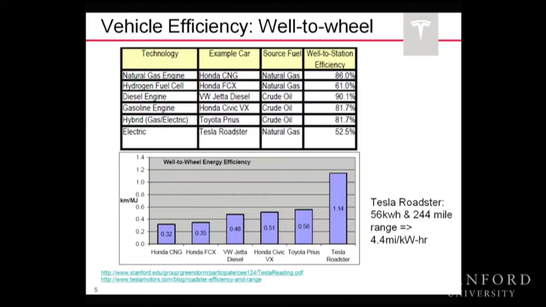So here's some comparisons, right? We've been talking about how efficient the car is from taking power in the battery to the wheels. Well, okay, but that doesn't really tell the whole story of getting that fuel to the power station, through the power station, through your electric transmission lines into your car. When you take it all together and just do what they call the well-to-wheel energy calculation, which I presume a lot of you have seen before,